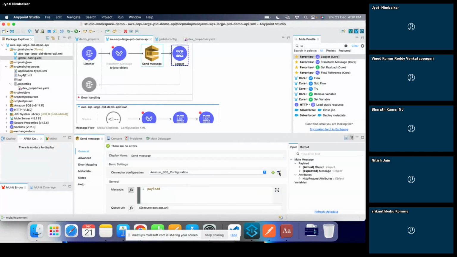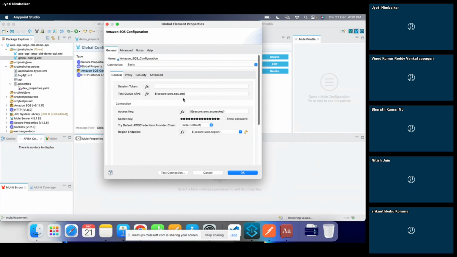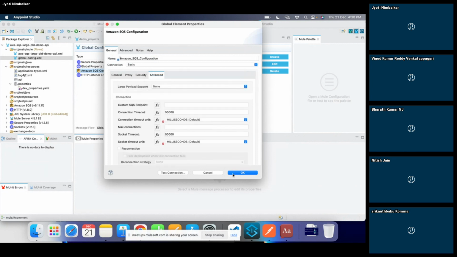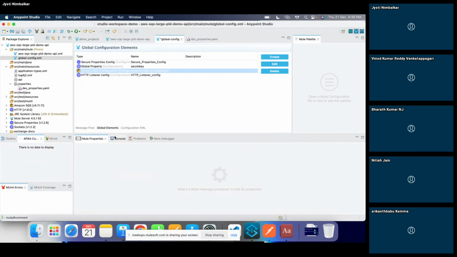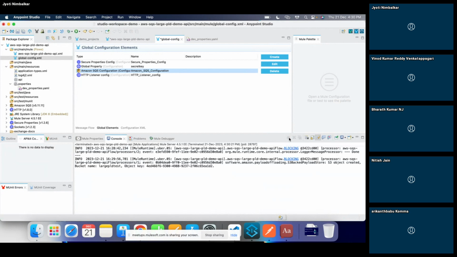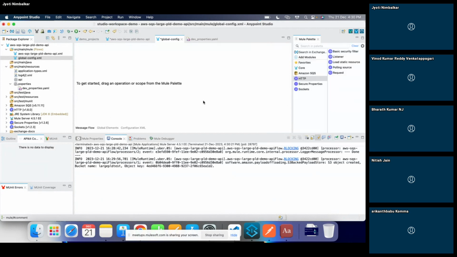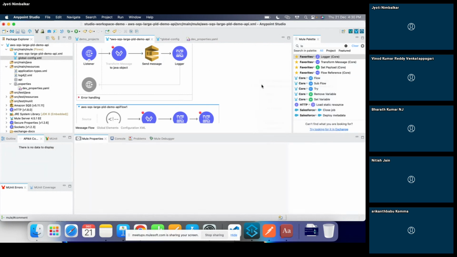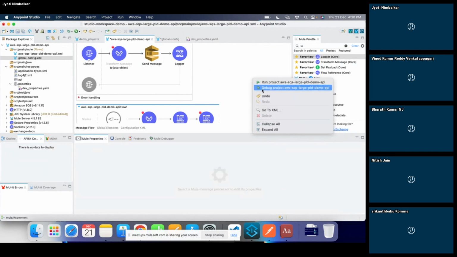I guess I have already done the large payload settings, which is over here. So let me disable it and run it again.